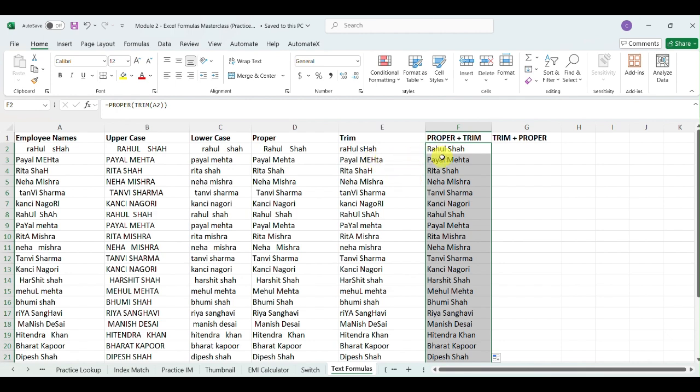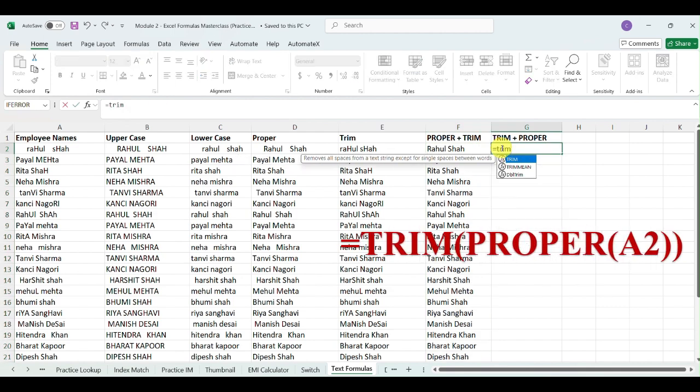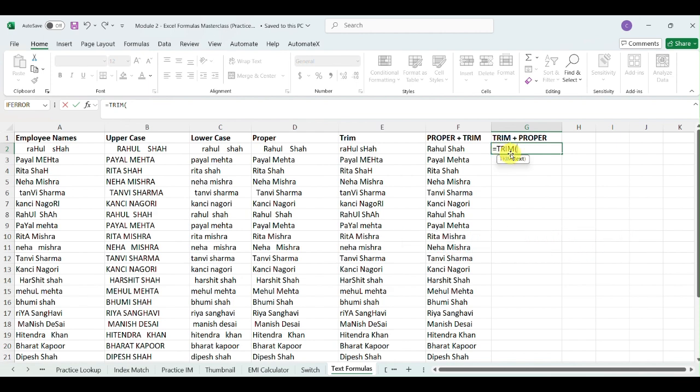So by using this combination, if we have used proper first, then MS Excel is going to make it proper, then trim it at last. Similarly, if we are going to use trim first, trim, open parenthesis, then it is asking for the text. Instead of this, we are making it proper.